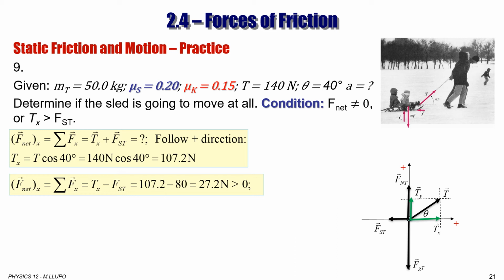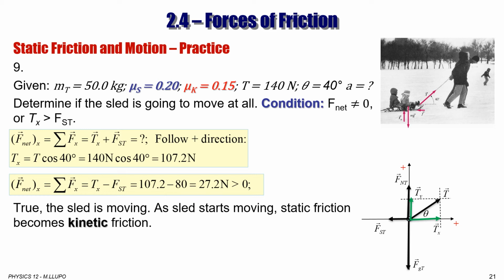So Tx is 107.2 Newton minus 80 Newton, equal to 27.2 Newton. So that means it's bigger than 0. That means that the object will accelerate because it will start moving, and the static force of friction will become a kinetic